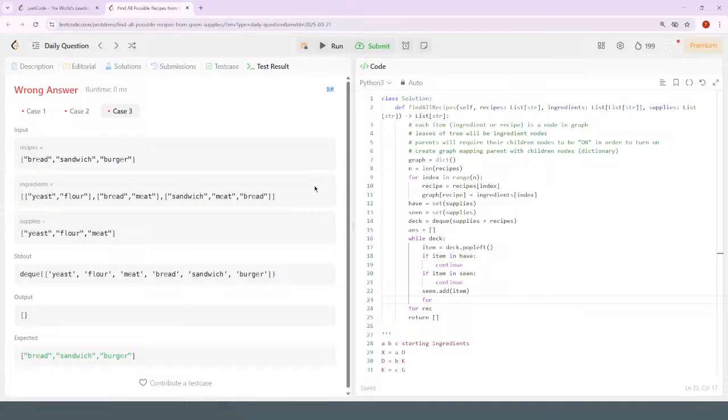So for each child in the graph for this item, we're going to add to the front if this item child